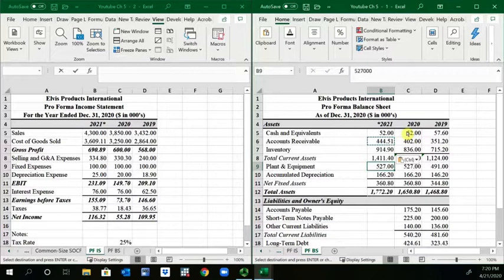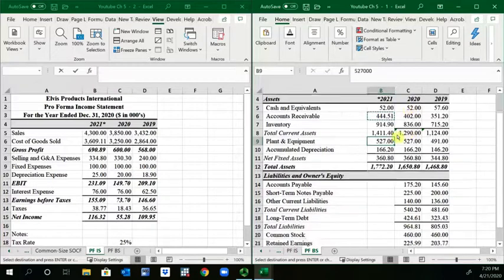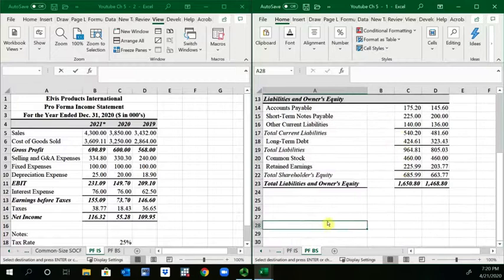Next, we'll talk about the gross plant and equipment. With respect to this, we noted that we made new investments of $50,000 in 2021. So what we're going to do in cell A28, kind of as a note, is enter net addition to plant and equipment. And then in cell B28, that'll be